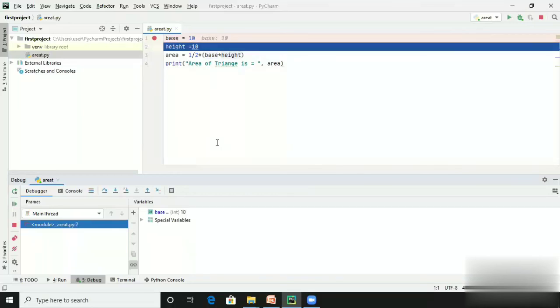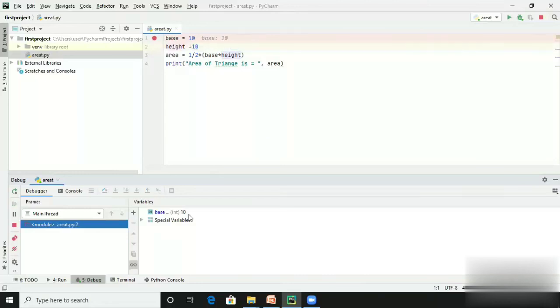Automatically the new line is highlighted, base is 10. Whatever the execution, it shows line by line what is happening to the code. See here, inside the variable window you can see base, it is an integer variable, and 10. Automatically Python has taken 10 as an integer. Then to go to the next line, to execute the next line, again press F8.